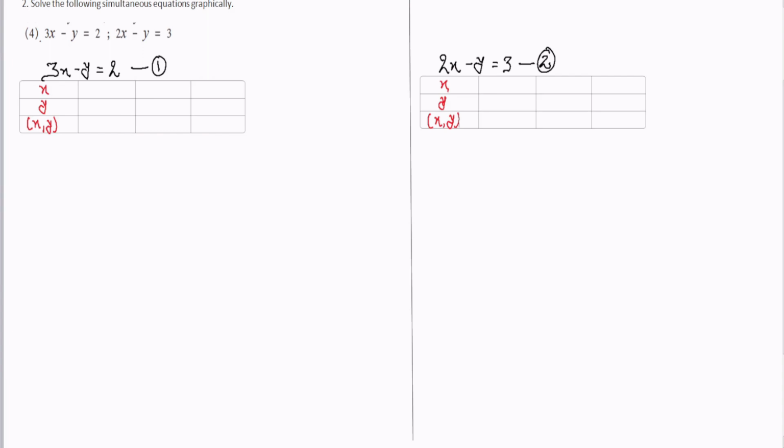Okay. So let's solve this question. Now we have to solve this question graphically. So we'll put one value from our side and second value we'll get from the equation. Okay. So let's put